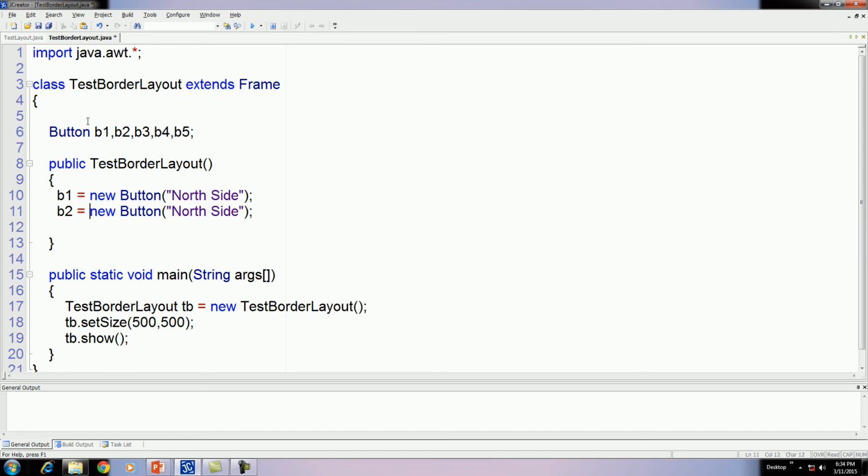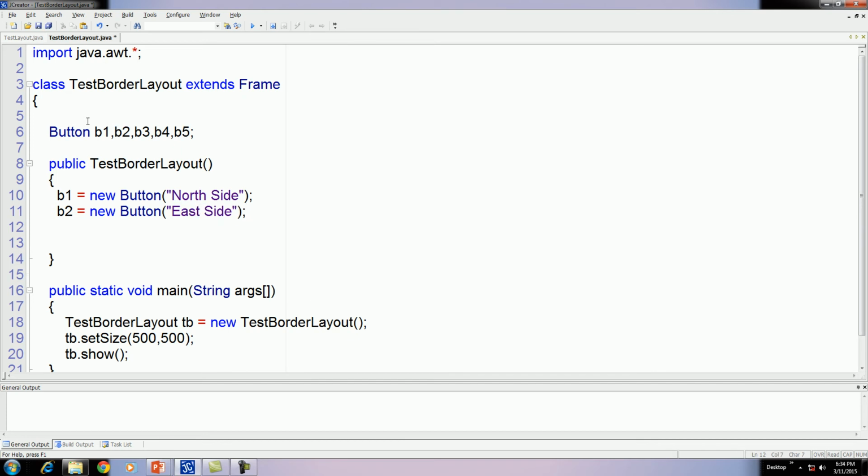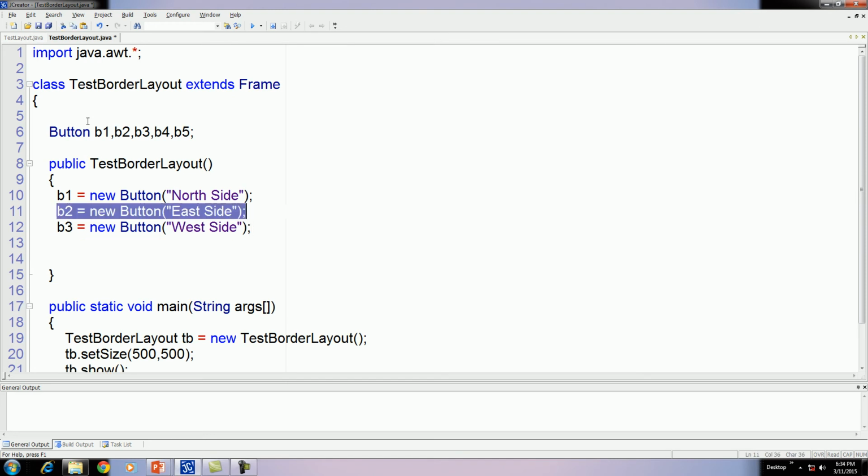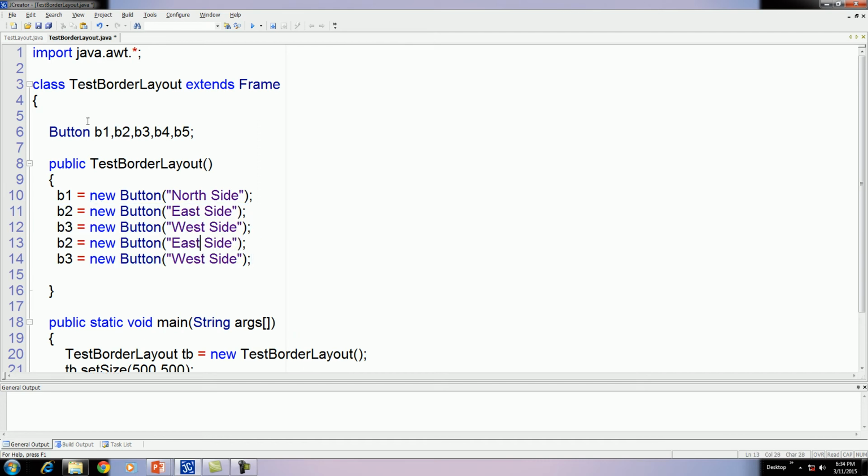The second button is placed on, suppose, the east side. Then there is south, and one more remains center.